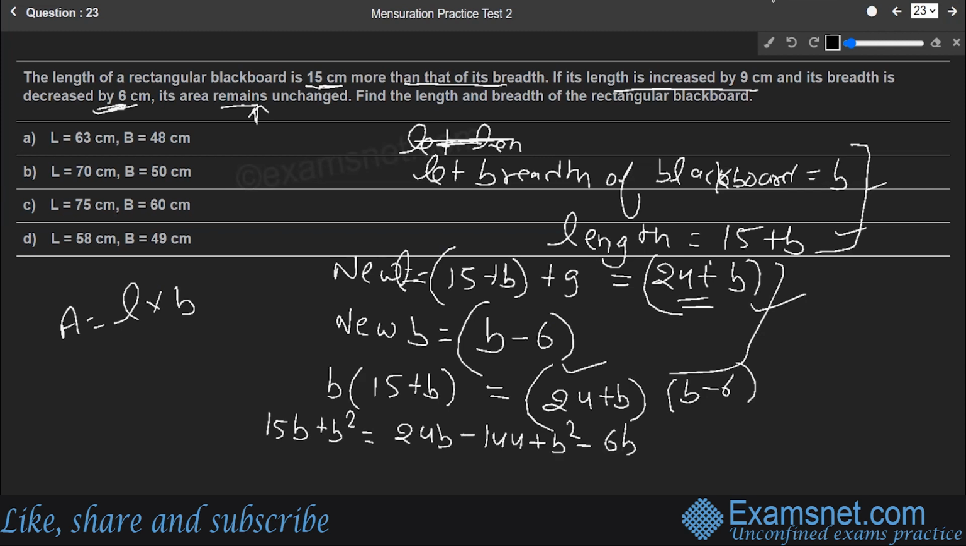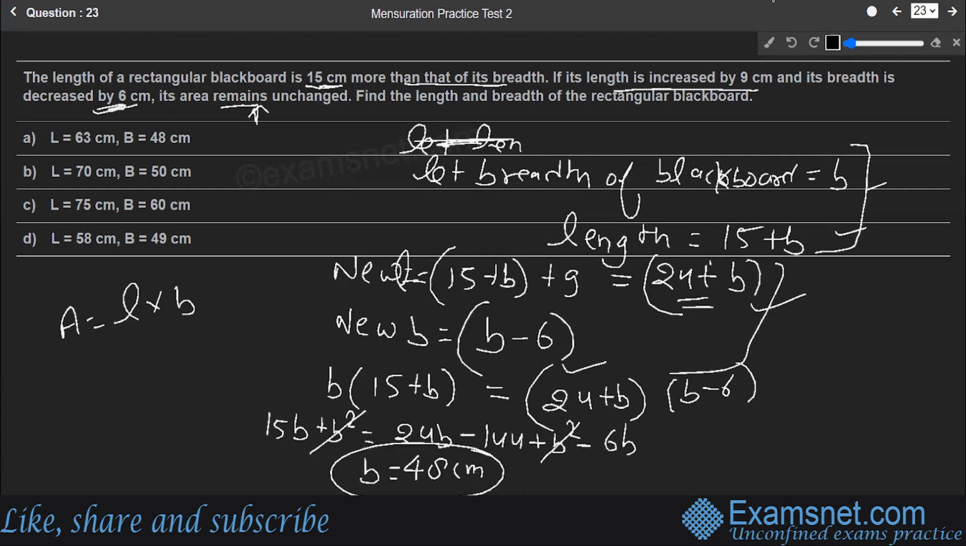We have done the product part. So clearly this b square and b square get cancelled on both the sides. 24 minus 6b is 18b minus 15b. This is how it has to come. So if we solve this finally, then we can find out the b value. If you solve this, the b value is ultimately coming out to be 48 centimeter by solving this